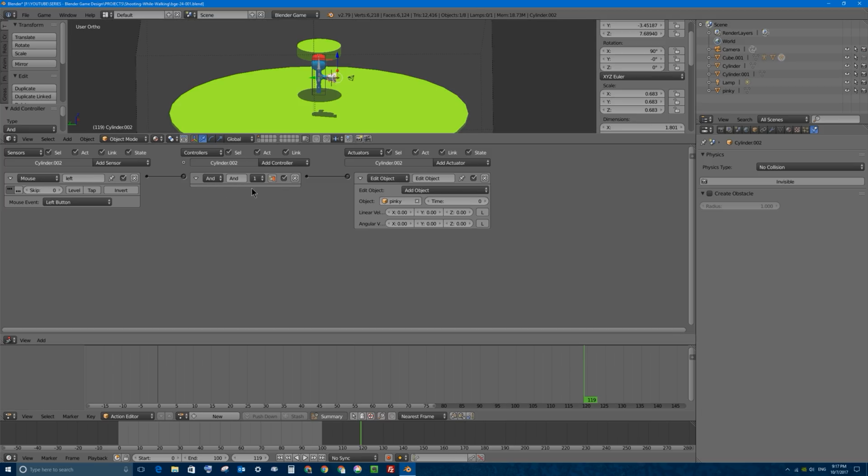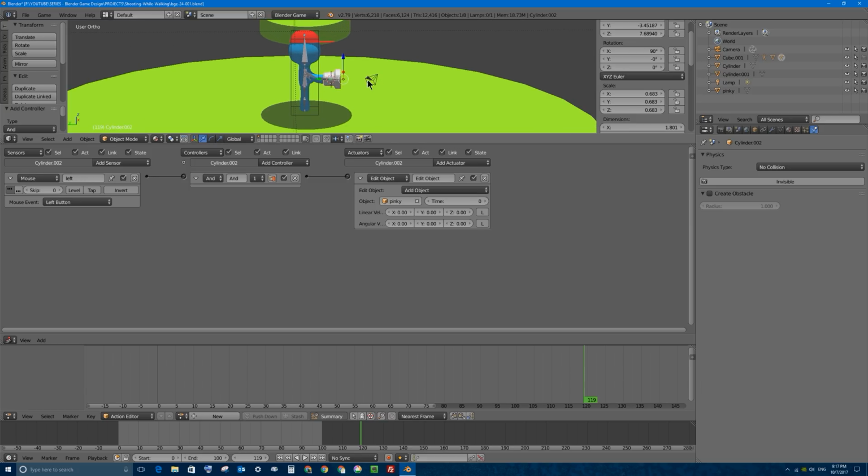What I want to do here is I want my gun also to be hidden until you start firing, and it will make it visible, but we'll do that at the end. What I'm going to do here is on my gun, we're going to create a counter property, a counter variable if you're a programmer. So I'm going to add a game property over in this, this little plus will bring up this panel, and I'm going to add,